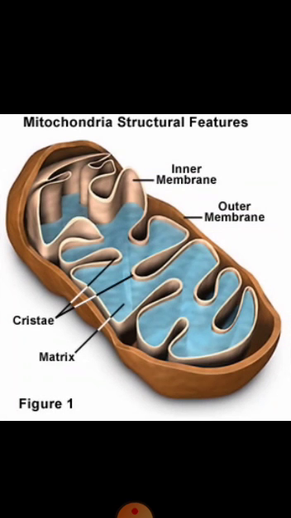Mitochondria have a double layered membrane as seen from the picture. The outer membrane is smooth with a number of pores, that is they are porous in nature, whereas the inner membrane is much folded to increase the surface area. Mitochondria help in the oxidation of food and release energy in the form of ATP molecules, that is adenosine triphosphate. The body uses this energy to do various activities. So, mitochondria are called the powerhouses of the cell. Mitochondria also have their own DNA and ribosomes, that means they can make their own proteins.